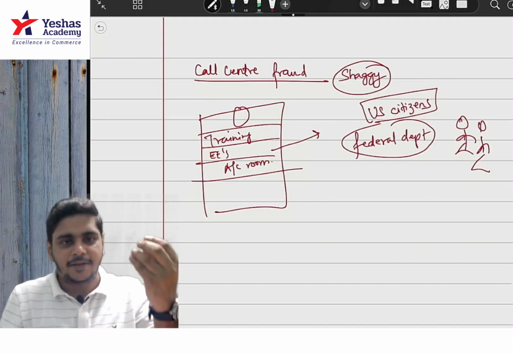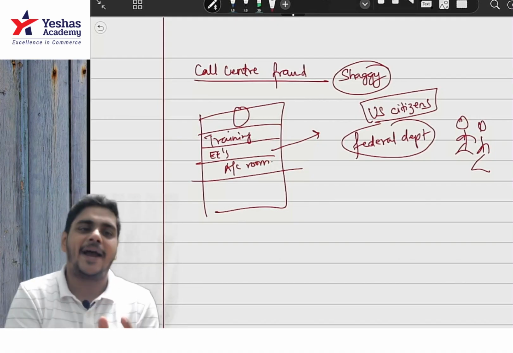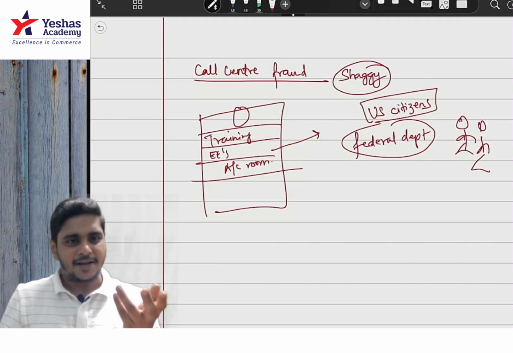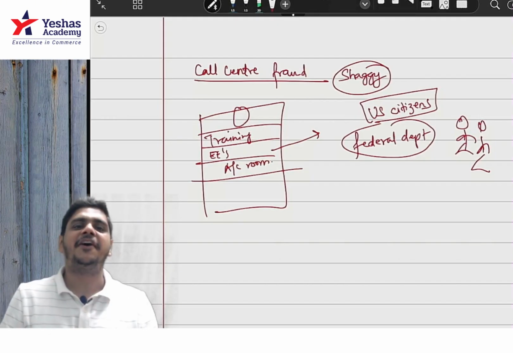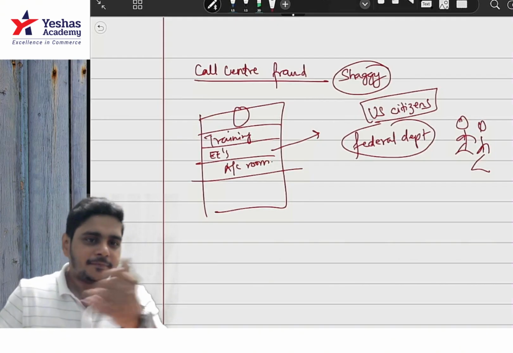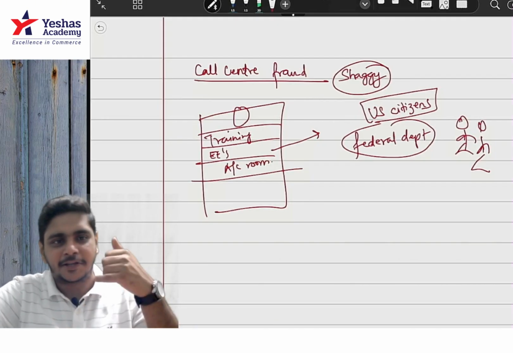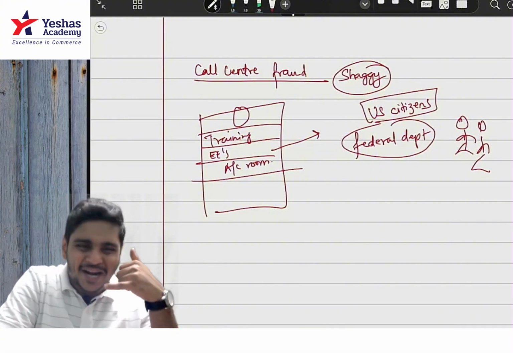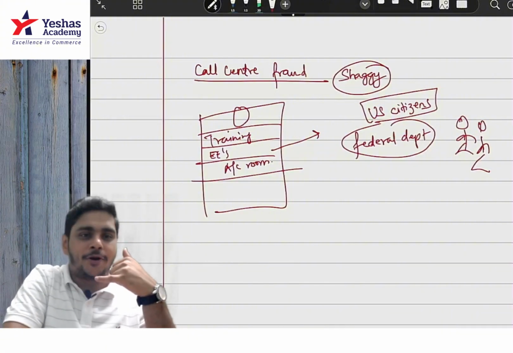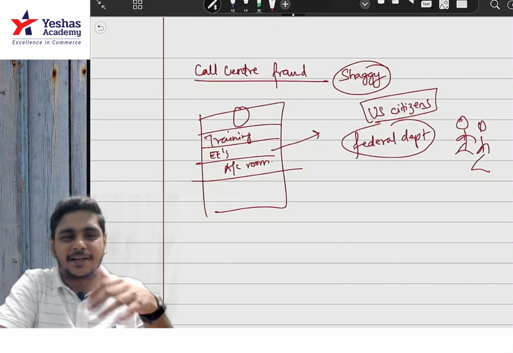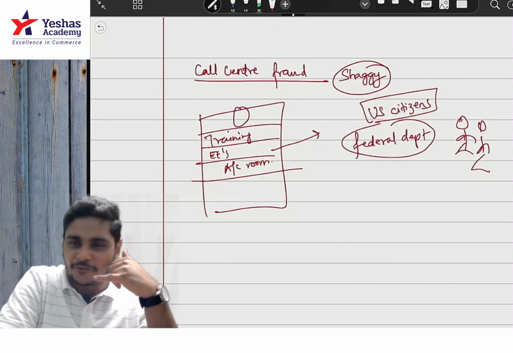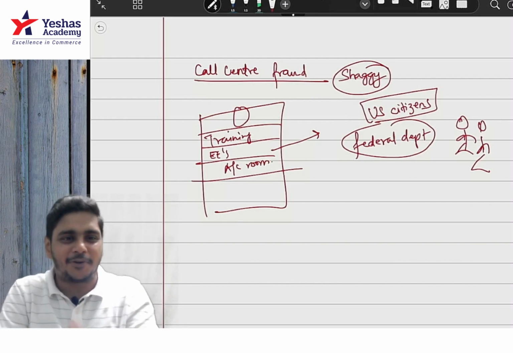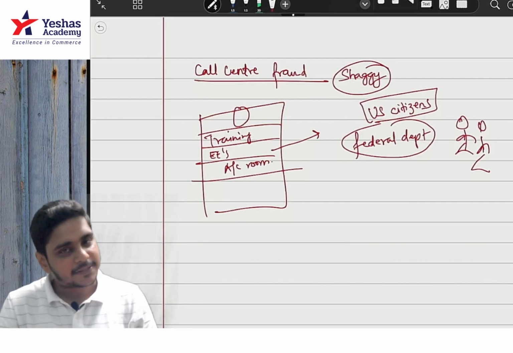Now imagine if an authority is calling some US citizen. Generally in foreign countries people are scared of the police, the government, the department, as compared to India. In India, if somebody calls and says we are calling from the tax department, in general people say in Hindi, 'Do you not know who my father is?' In English, it's like you'll say, you do not know my father, shut the phone, don't scare me like this. So people abuse, like in India you know all this, but in the US people are very much scared.